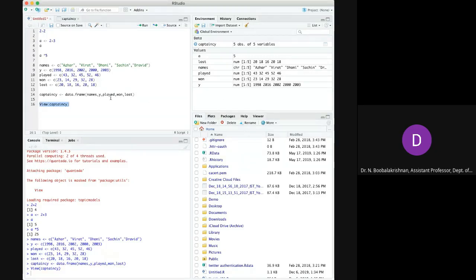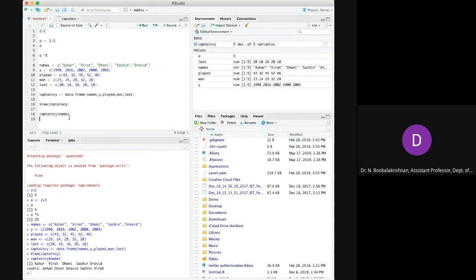It is very easy to access each and every part of the data frame. If you type captaincy dollar, then we can see the variables: names, year, played, won, and lost. Select this and see the different levels: Azhar, Virat, Dhoni, Sachin, and Dravid.